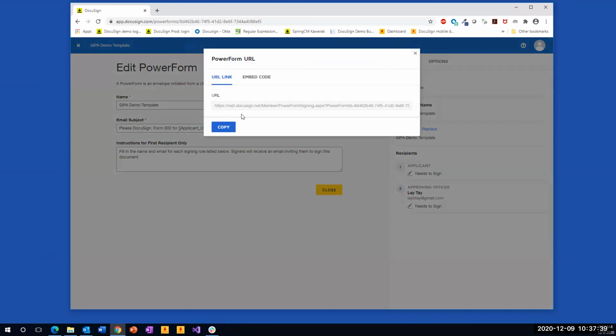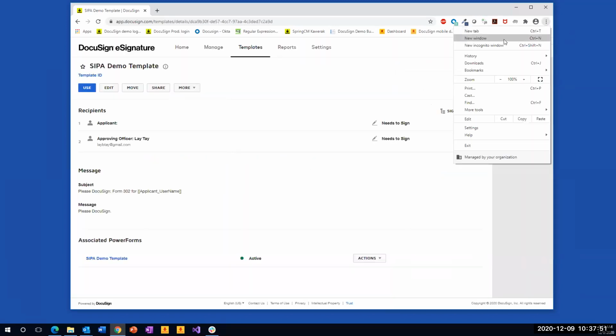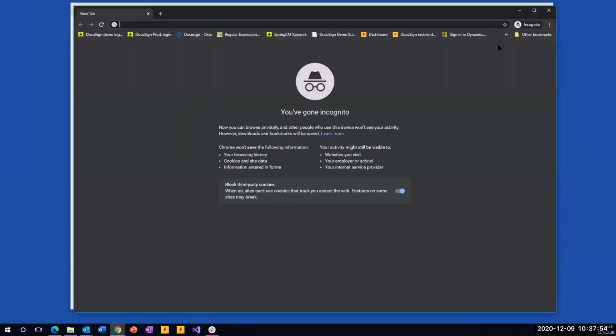So now all you have to do is stick this link on your website, and when any applicant clicks on that link, the form will start immediately, right? So let's show you how this works. I'm going to copy this URL, and I'm going to launch a new browser window and simulate somebody clicking on